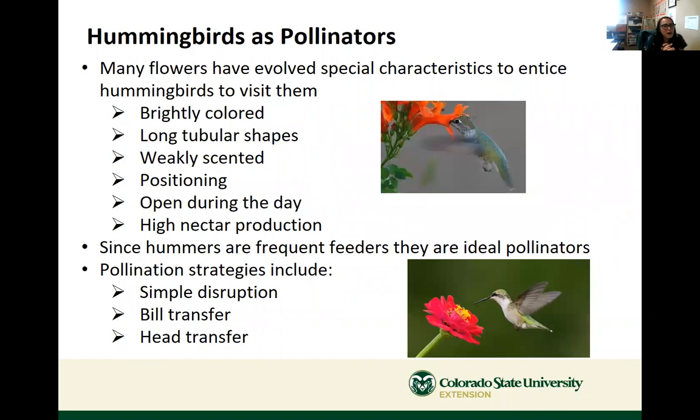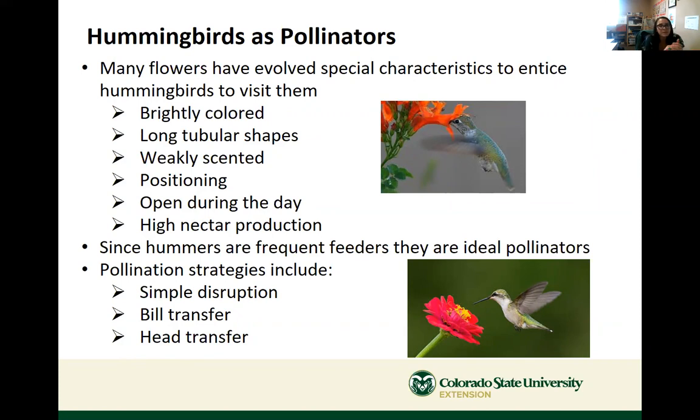So like I said, many flowers have evolved to have hummingbirds visit them. So normally they have these long tubular shapes. They're bright red, bright pink, very brightly colored, weakly scented. The position of the flower is important. You can see in the top picture here, that flower is positioned just so that hummingbird can fly right up and drink nectar. The hummingbirds are out during the day, so the flowers need to be open during the day,